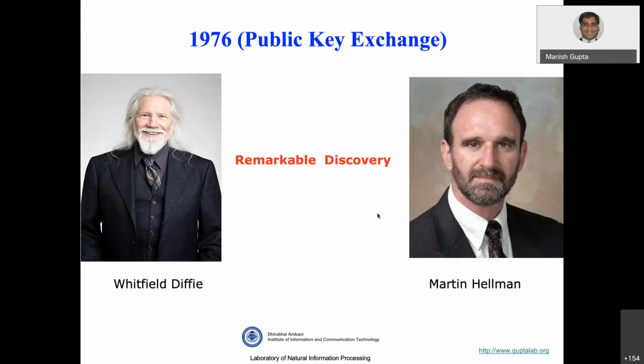See the beautiful thing. I'm going to tell you the solution. Alice puts the letter in a briefcase and locks the briefcase with her own key. Alice is not sending the key. She sends the briefcase to Bob. Bob puts his own lock on the briefcase. During the first journey, the briefcase is locked throughout the channel, and nobody is able to open it because of the physical lock put by Alice. When it reaches Bob, he puts his own lock on top of Alice's lock and sends it back. Now two locks are there.